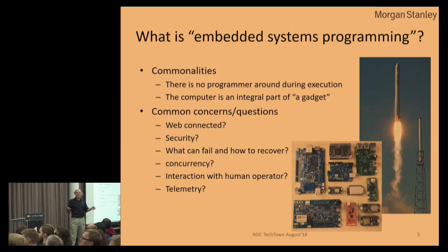I mean, that red distributed system with wheels on it in the previous talk has more than 100 processors in it. If one of them crashes, it can get rebooted and taken over, unless it's one of the specialized ones where you only have one. So how to fail and recover is always an issue. Concurrency: I just heard about embedded systems running 8 cores and using load balancing for power preservation. I'd never thought that I should use a multi-core to save power, but I was in Japan about a month ago, and they were doing it.